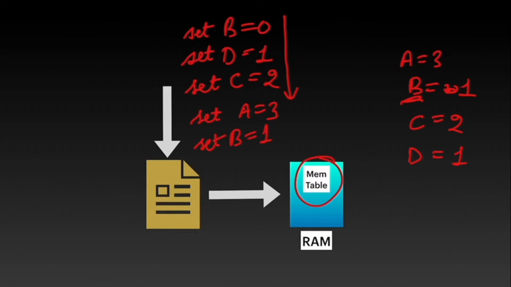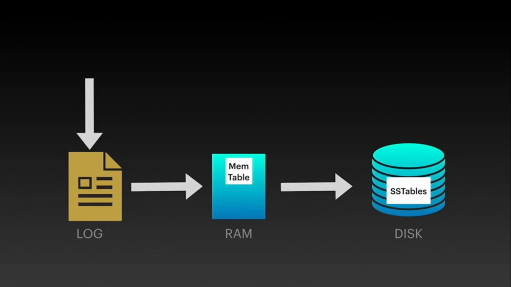So till now we are appending all the records in a log file, and at the same time we are updating the records in sorted order in an in-memory data structure known as a memtable. But if we keep on inserting records in the memtable, its size will keep on increasing and it will consume a lot of memory. In order to keep the size of the memtable below a certain limit, we keep on temporarily flushing the records from the memtable into our on-disk data structures known as SS tables. The full form of SS table is sorted string table.